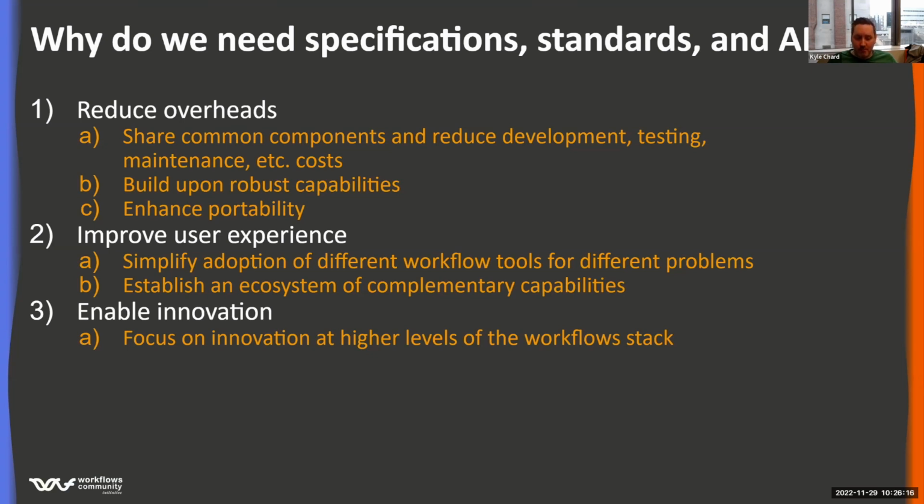If we're able to standardize or develop shared specifications or APIs that can be reused, we can reduce many of the overheads that we all incur in terms of development, testing, maintenance, et cetera. We can build upon other components that are potentially more robust, so we benefit from the community's efforts to make more reliable, robust, performant underlying capabilities. We can increase portability, as the slide previously said, such that we can move more easily between different resources. We can keep up with the explosion in hardware heterogeneity, schedulers, clouds, et cetera.